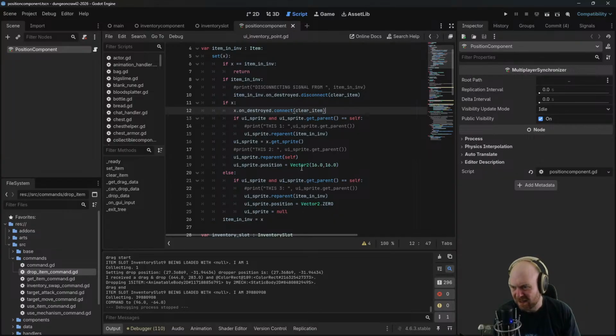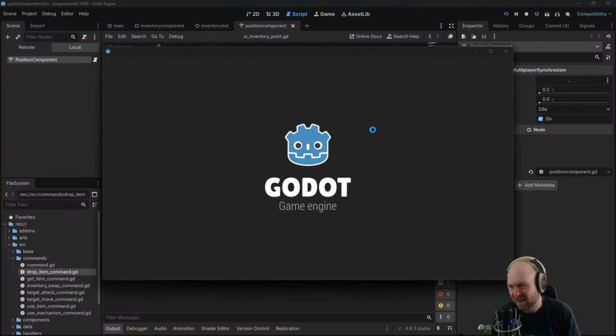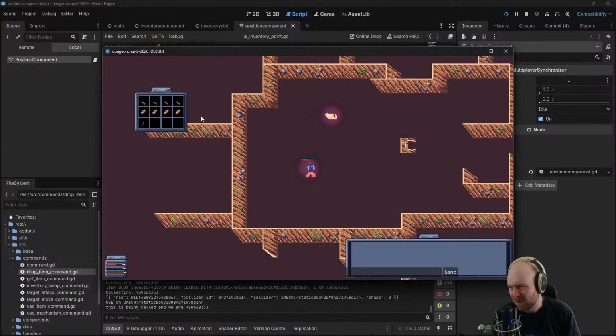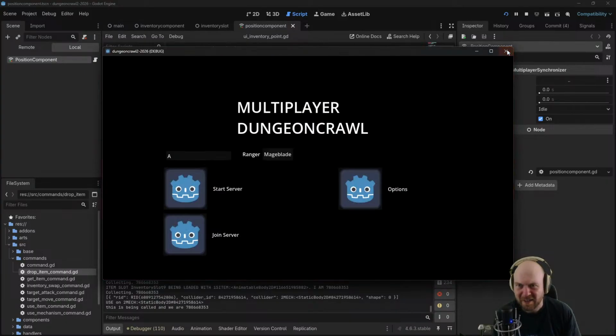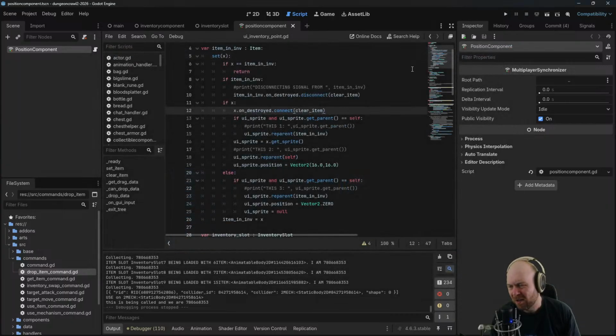If I don't have this, then the images here will all be offset and they'll all be in the corner up here instead of laid out nice and neatly. Anyway, all of that is fixed. We can resume game dev relatively bug-free. There's still going to be a lot of bugs, and I'm going to have to spend some more weekends on bug fixing in the near future, but